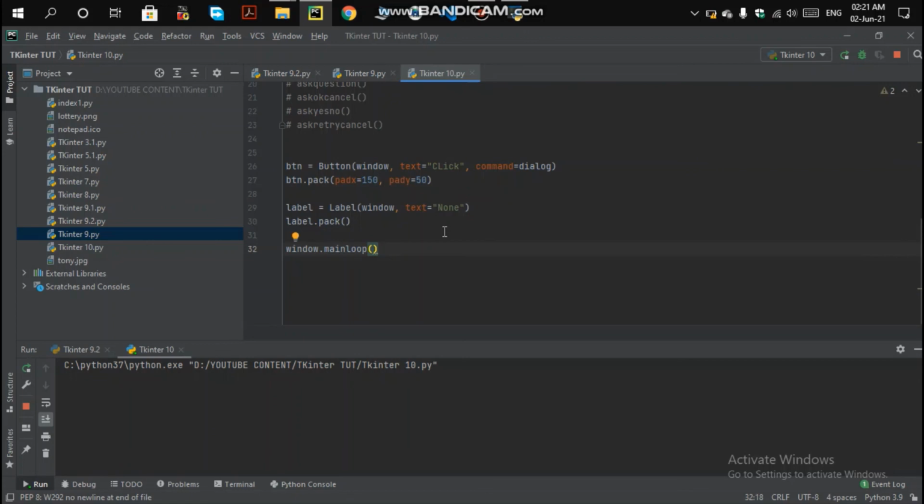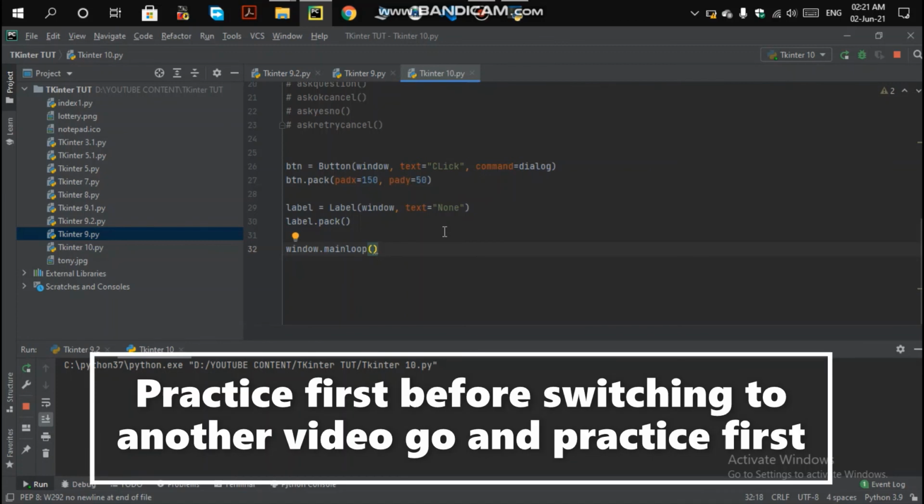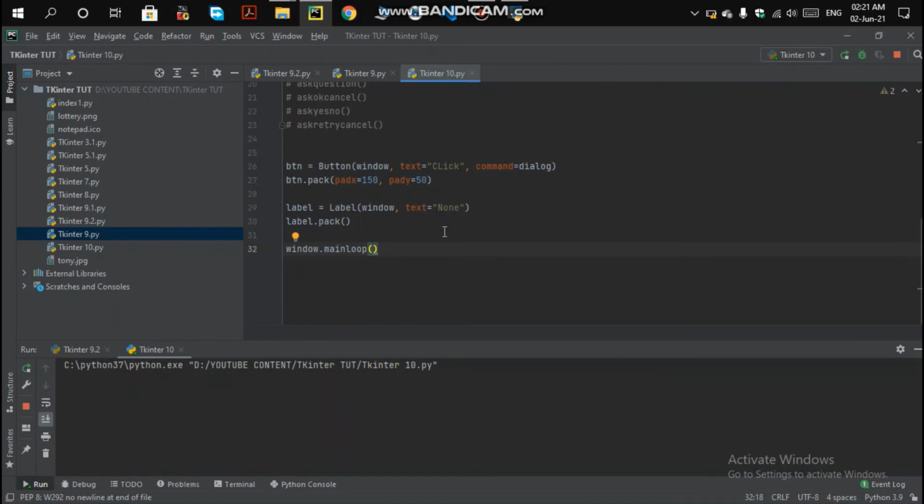Learning without doing is not worth it, I will say, in coding. I have already faced this type of problem in my coding days, when I was learning these things. I was just learning and not especially doing. Practice more, and as practice makes a man perfect, you already know the saying.